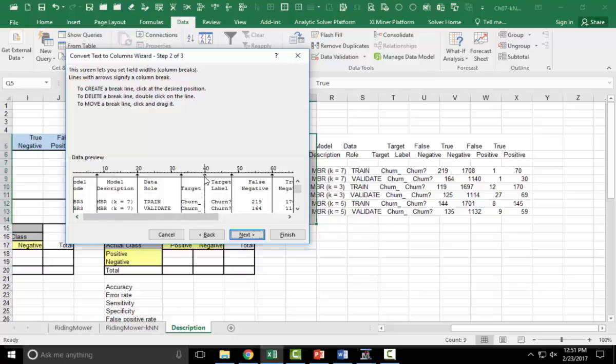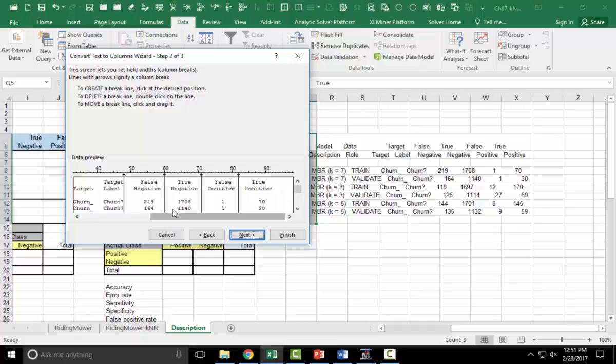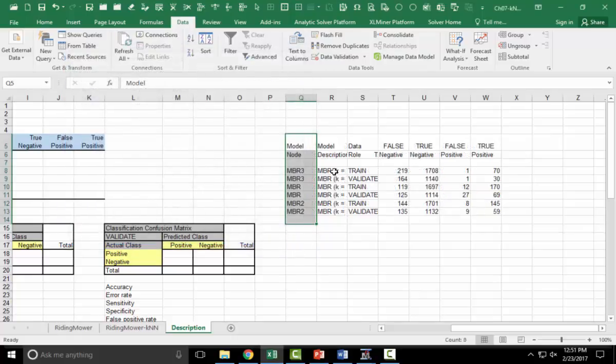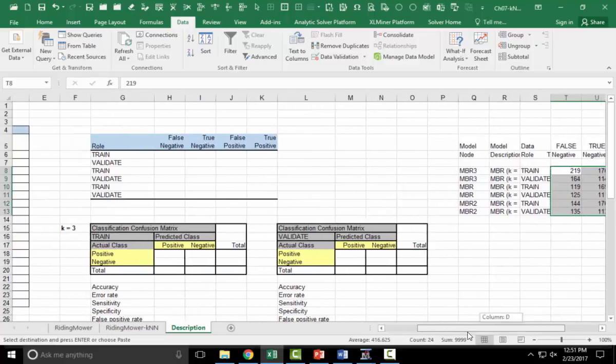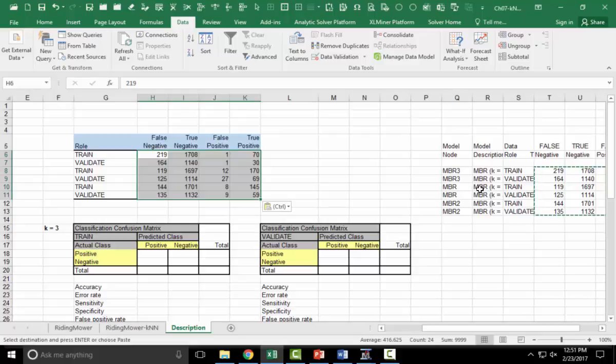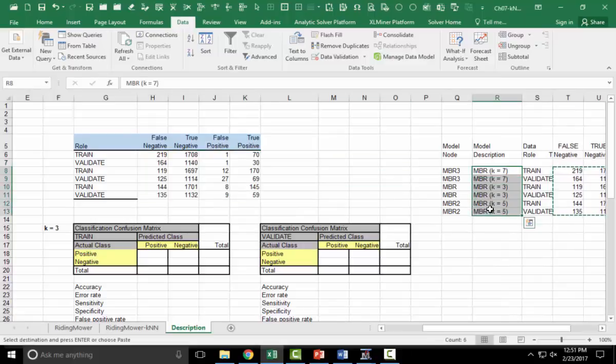We don't need any of this. And then we need these 4 numbers. So these 4 numbers and the name of the model, those are the important things for us. So now click finish. Alright, so now I'm going to copy paste these numbers in here. Right? So then we have k equal to,